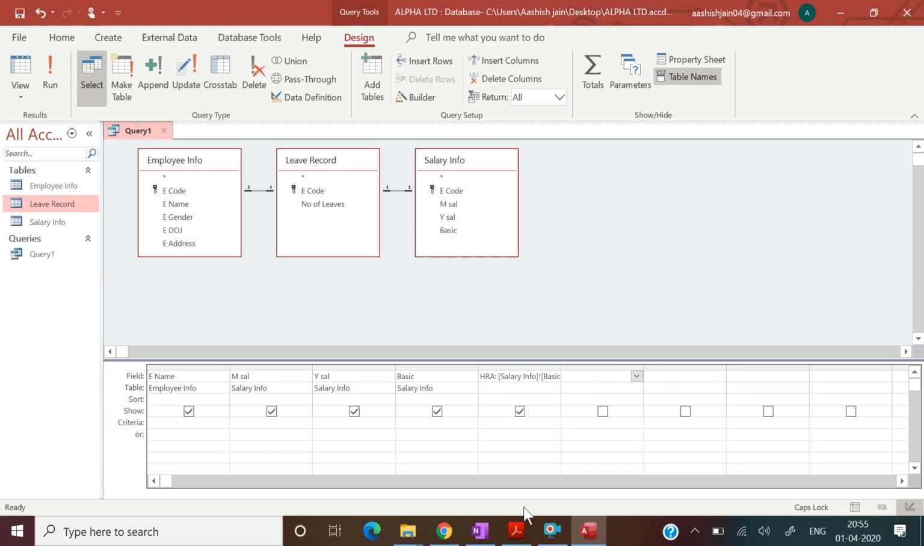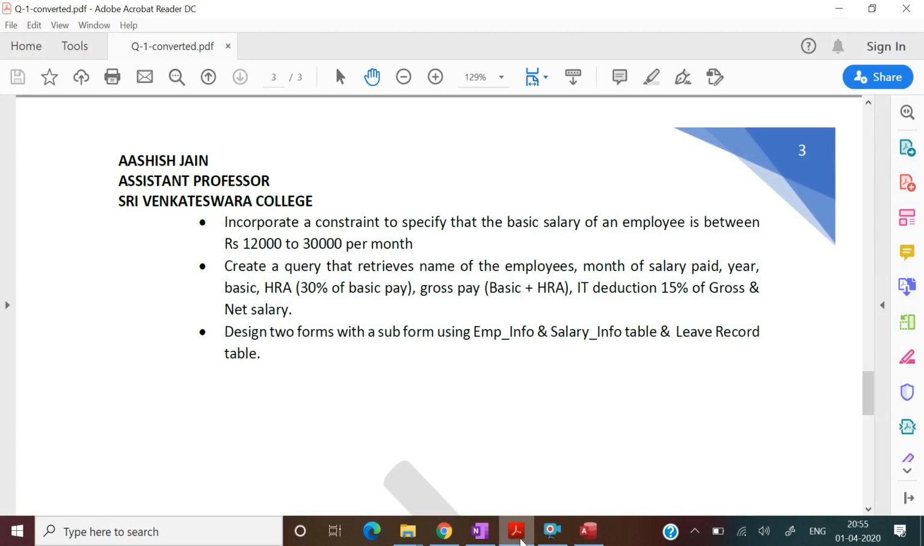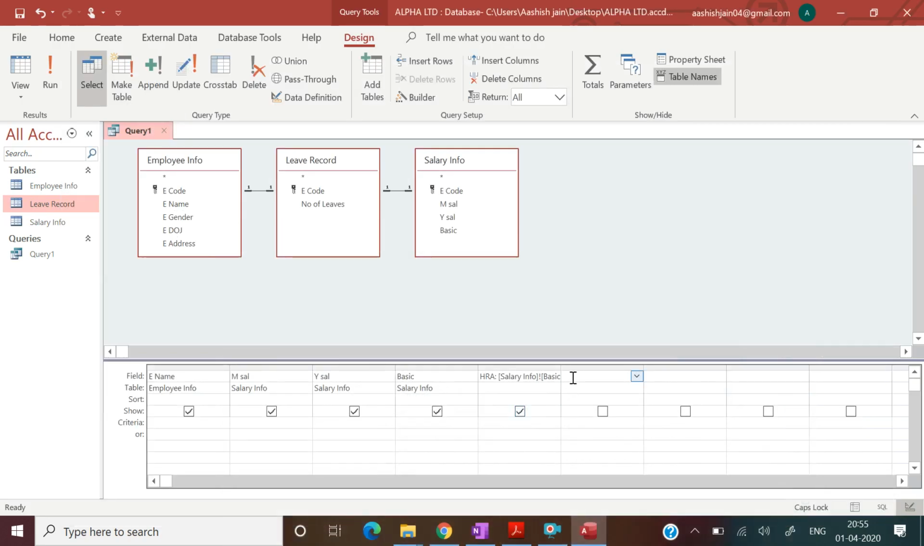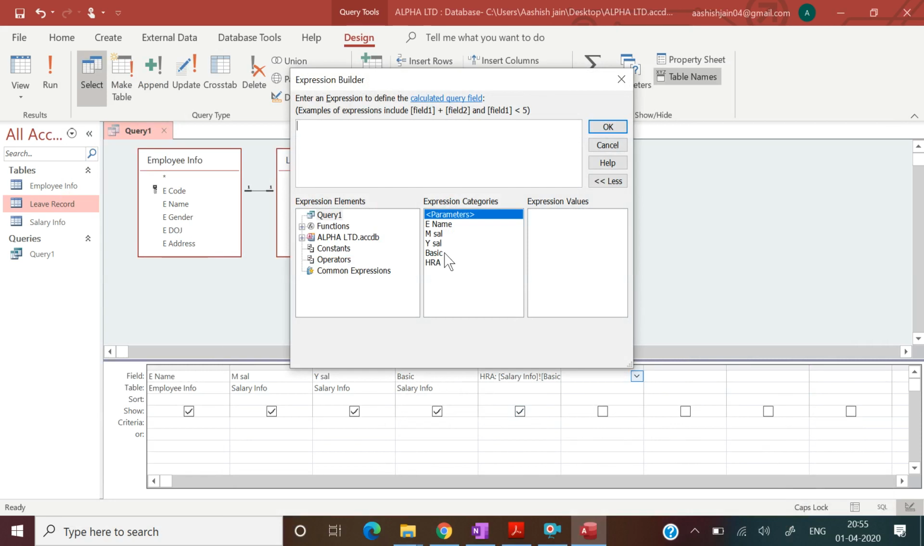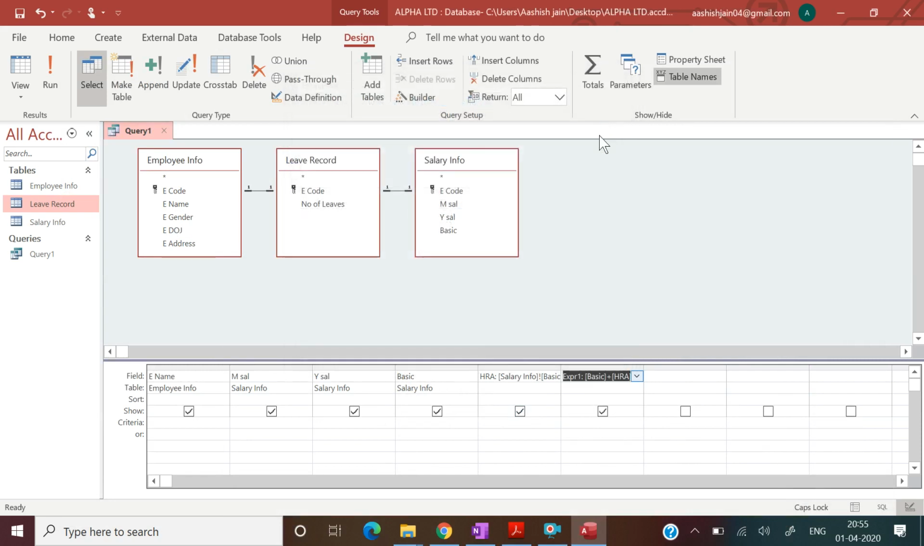Then we need to build another expression with the name of gross pay, which is a summation of basic plus HRA. So build basic plus HRA. Okay, and then give a name gross. Press Ctrl plus S, and then